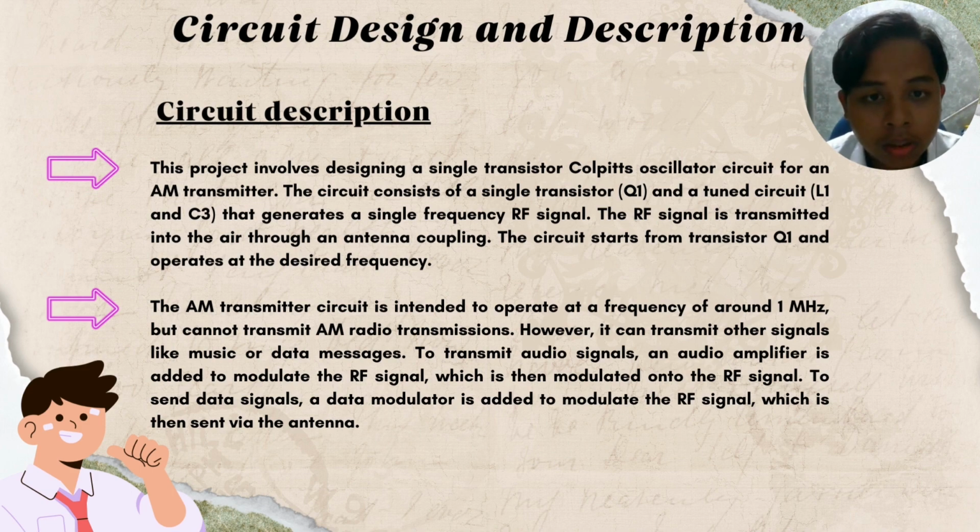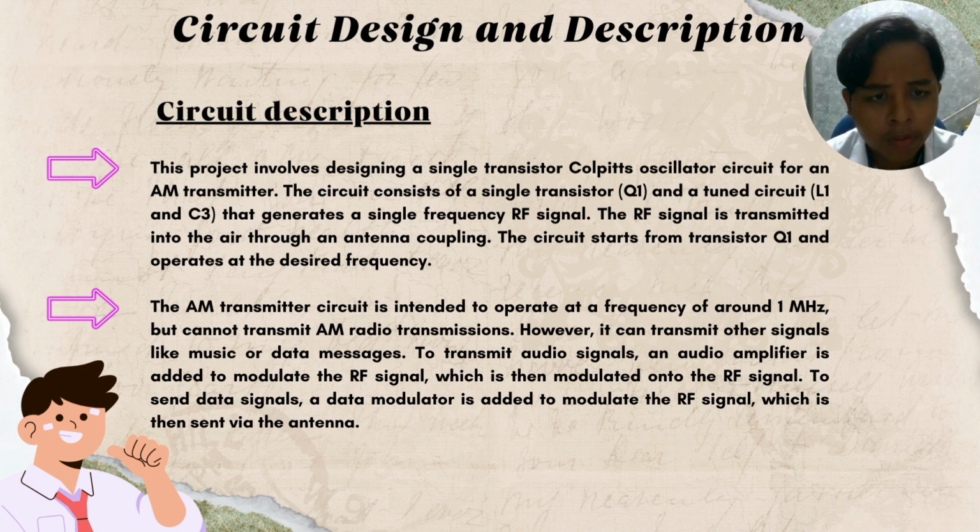Next, for the circuit description, this project involves designing a single transistor oscillator circuit for an AM transmitter. The circuit consists of a single transistor and a tuned circuit, which generates a single frequency RF signal. The RF signal is transmitted into the air through the antenna coupling. The circuit starts from transistor Q1 and operates at the desired frequency. The AM transmitter circuit is intended to operate at a frequency of around 1 MHz, but cannot transmit